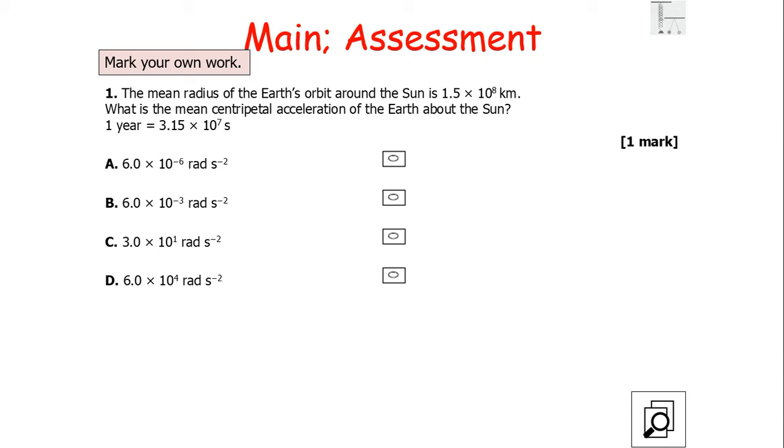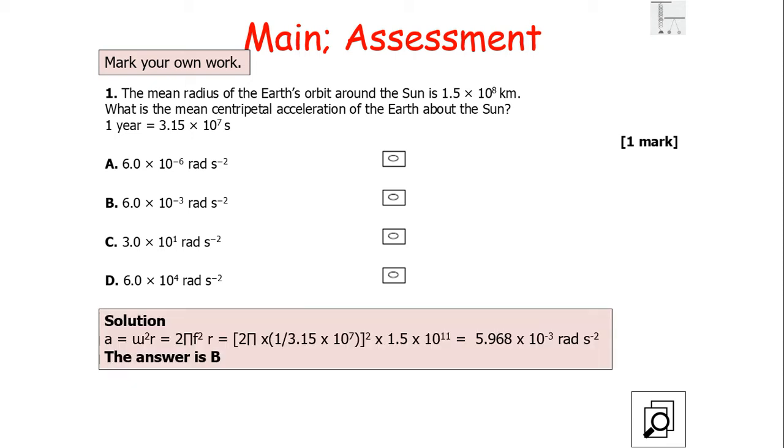The mean radius of the Earth's orbit around the Sun is 1.5 times 10 to the 8 kilometers. What is the mean centripetal acceleration of the Earth about the Sun, where 1 year is 3.15 times 10 to the 7 seconds? So let's have a look at our answers there, and the correct solution is going to be